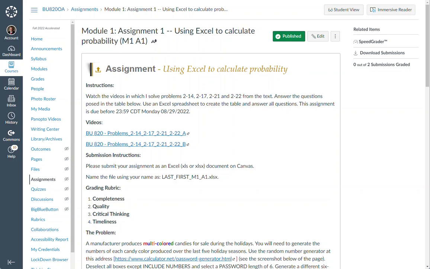So let's take a look at M1A1. That's the Module 1 Assignment 1. And that's where we're going to use a random password generator to give us some numbers, and then we're going to look at probability. So you will have seen all of this. You will have read this assignment. I'm not going to go into detail with it. It's there